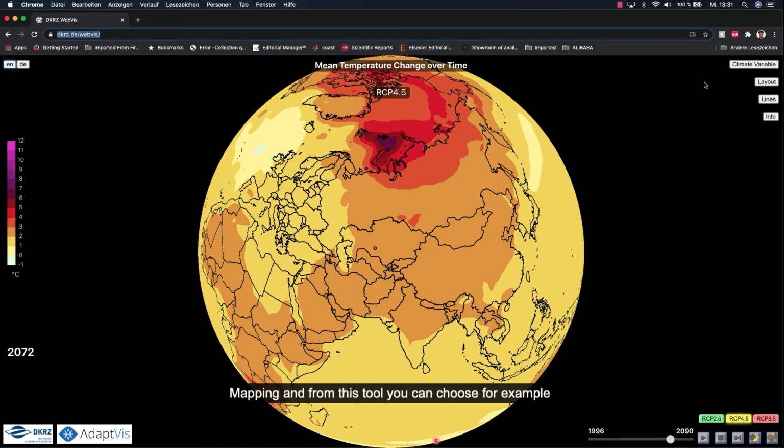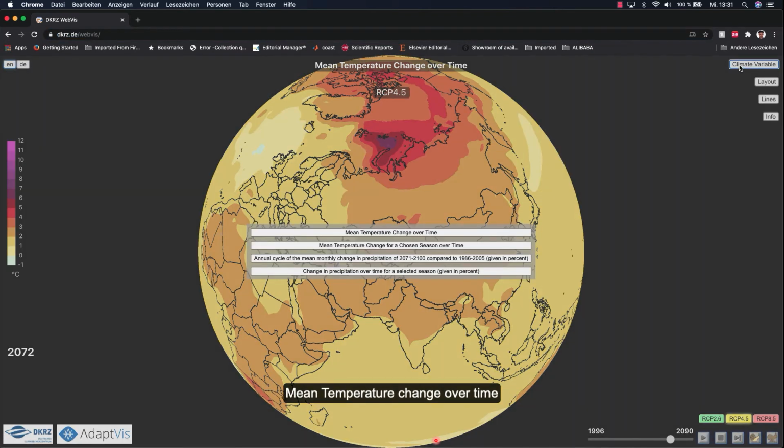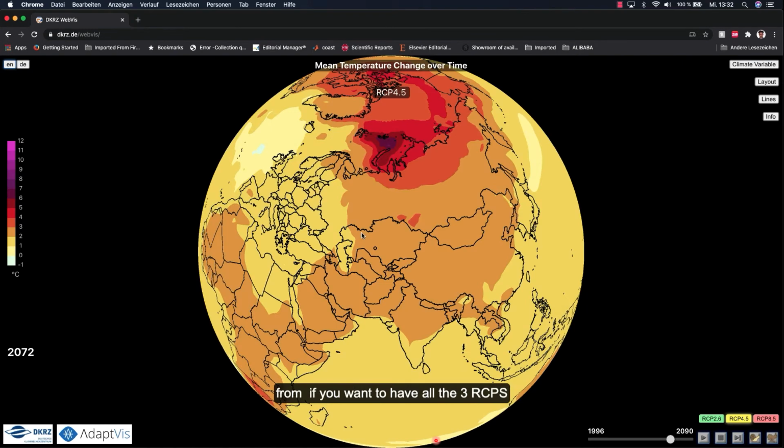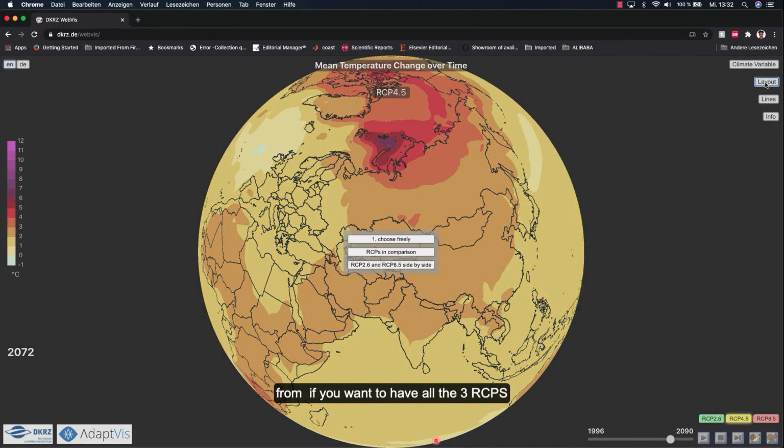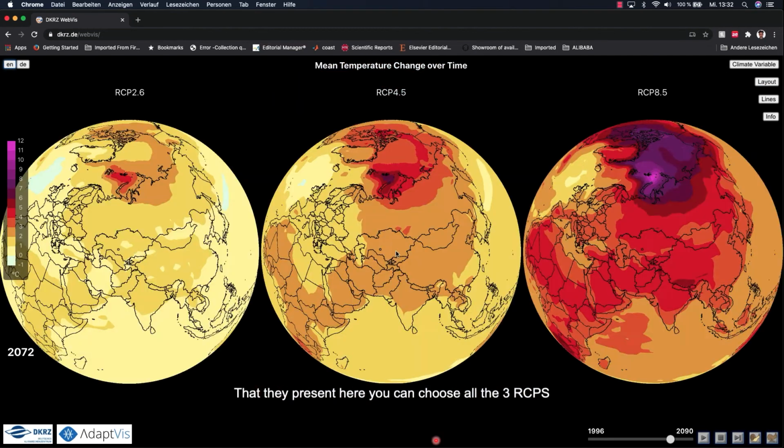And from this tool, you can choose, for example, mean temperature change over time. If you want to have all the 3 RCPs that they present here, you can choose all 3. On the left panel, you have RCP 2.6, RCP 4.5, RCP 8.5.